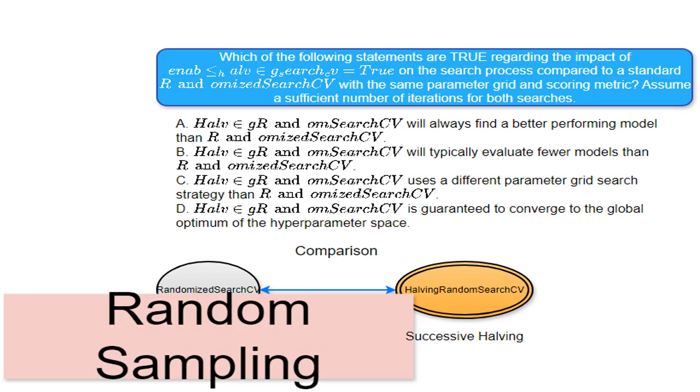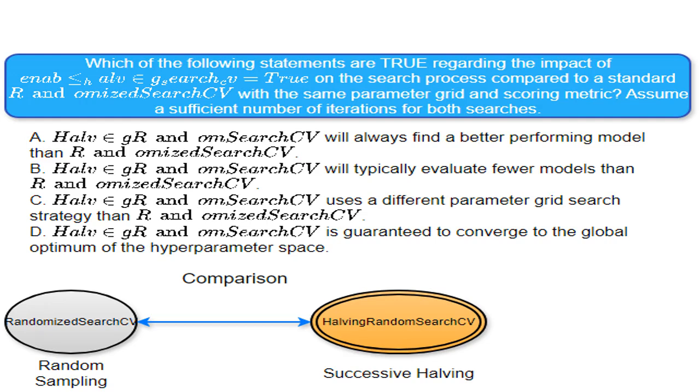RandomizedSearchCV. I simply pick random combinations from a defined grid of hyperparameters. It's a straightforward but often less efficient way to explore the hyperparameter space. This is the overall theme of the problem. We're comparing two methods for finding optimal hyperparameters for a model,